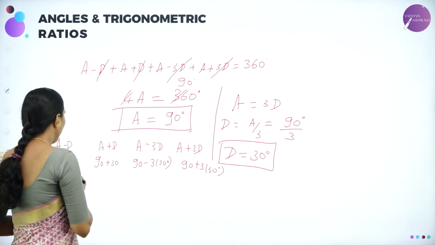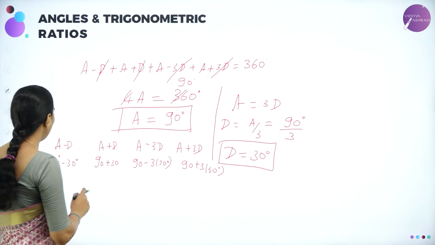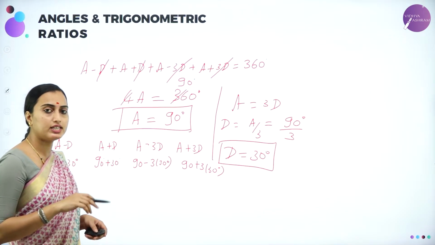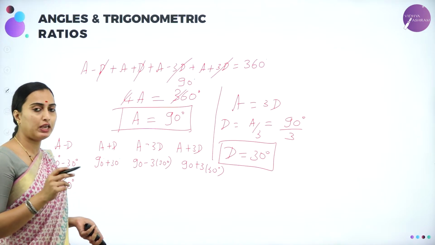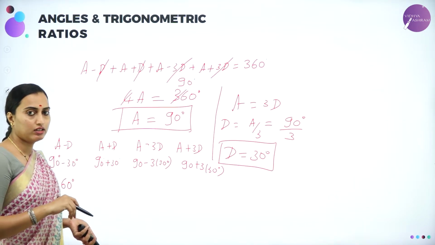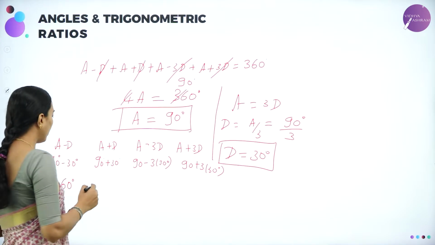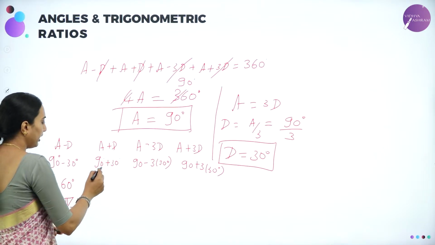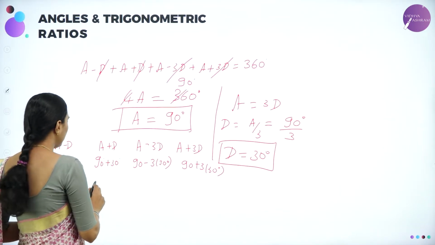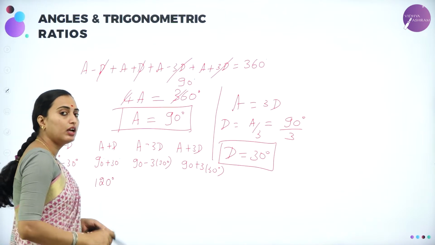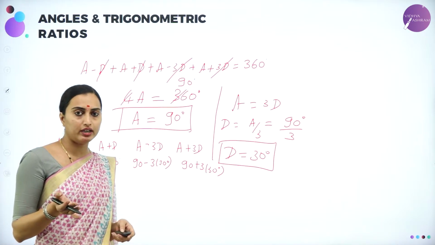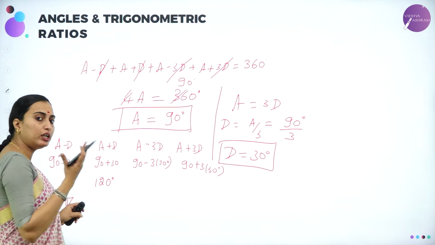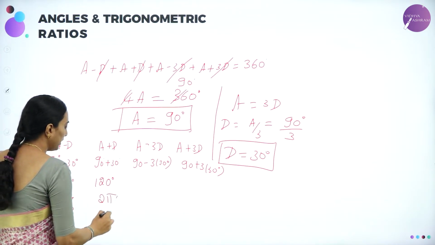Right? So, 90 minus 30 degree is nothing but what? Which is 60 degree. How can 60 degree be converted into a radian? 60, you multiply with pi by 180, which is 60 by 180. So 6 ones are 6, 6 threes are 18, you convert that into pi by 3. Correct? So this is the degree, this is the radian. 90 plus 30 is nothing but 120 degree. How to convert 120 degree? 120 degree can be written as 60 into 2, correct? So 60 degree is pi by 3, which means 120 degree can be written as 2 into pi by 3, which is nothing but 2 pi by 3.